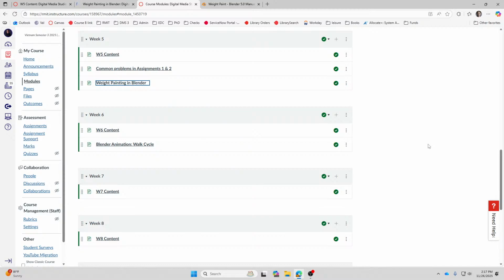Now, a little bit of housekeeping. This week is week 5. So next week I'm going to explain animations. And then you're going to deliver the assignment by Monday of week 7. Alright? So this week is going to be about weight painting, which is an essential skill in the whole process of character animations. Basically, it's about binding the bones to the corresponding geometries so that you can animate them in the later stage.